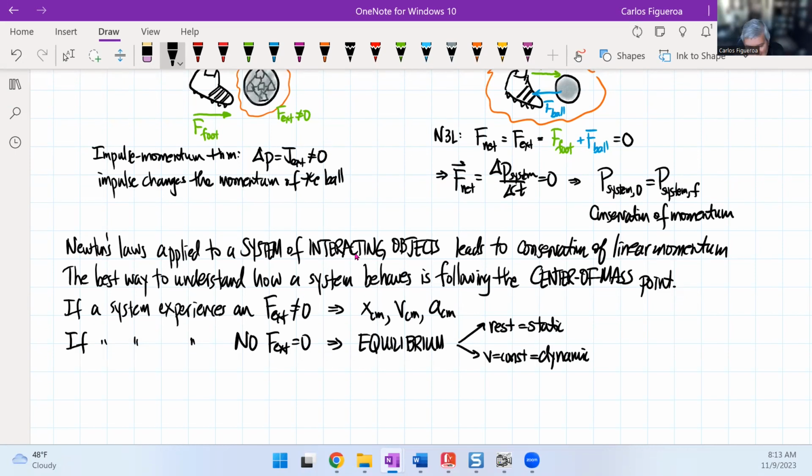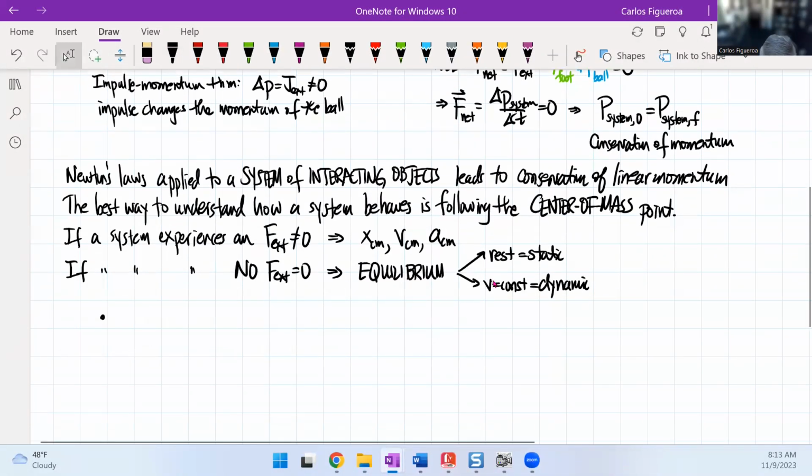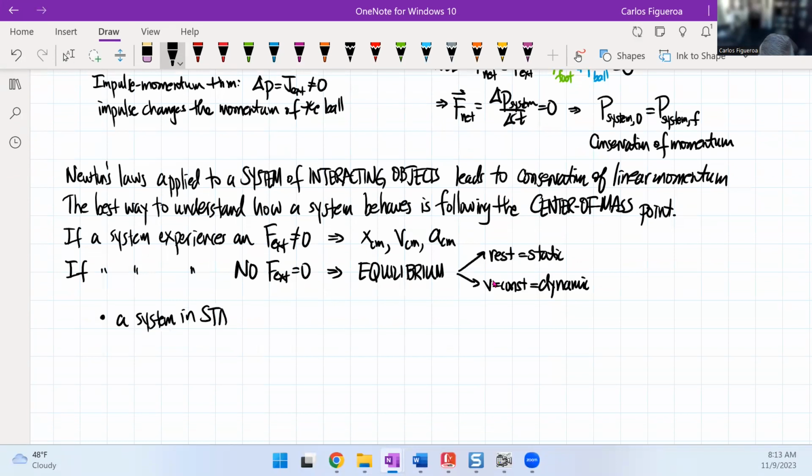So when I look at static equilibrium, what that really tells me here is this. So for a system in static equilibrium,